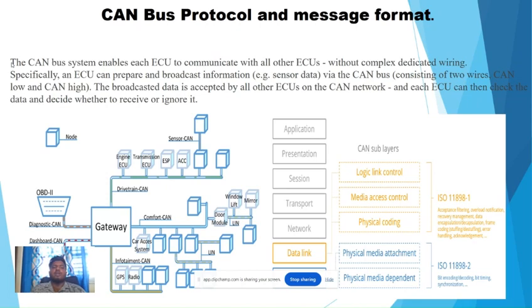The CAN bus system enables the ECU to communicate with all ECUs without complex dedicated wiring. Especially, an ECU can prepare and broadcast information via the CAN bus. The broadcast data is received by all other ECUs on the CAN network, and each ECU can then check the data and decide whether to receive or ignore it. These are the diagrams: